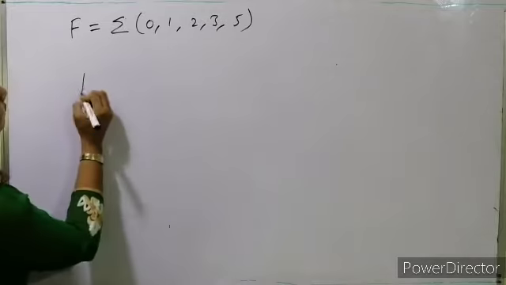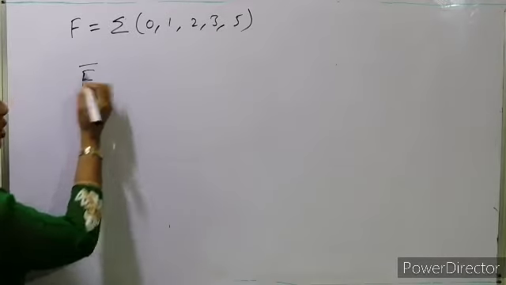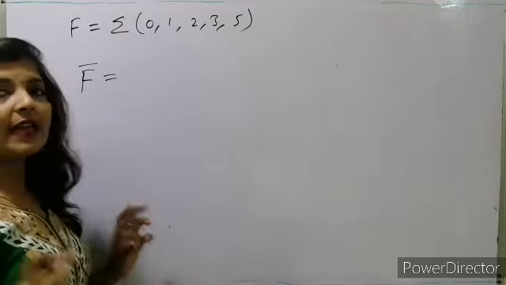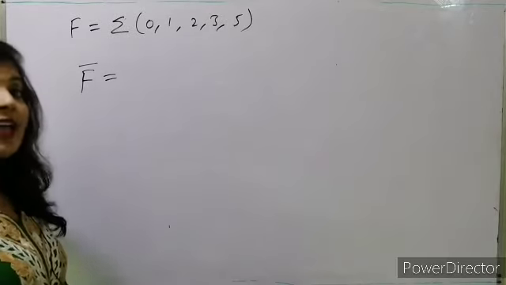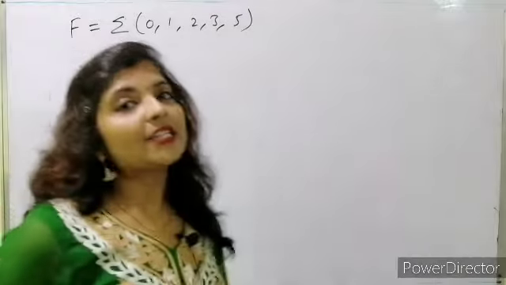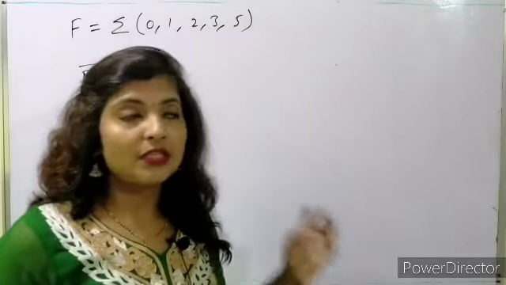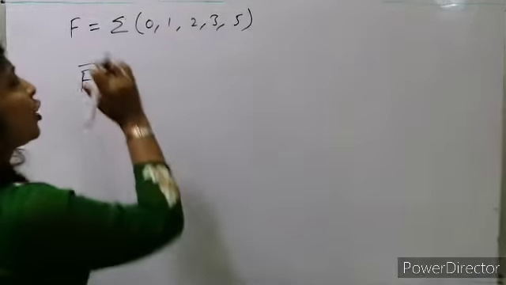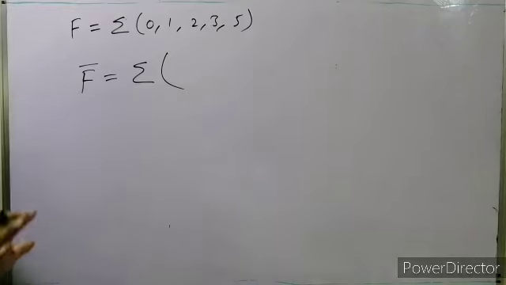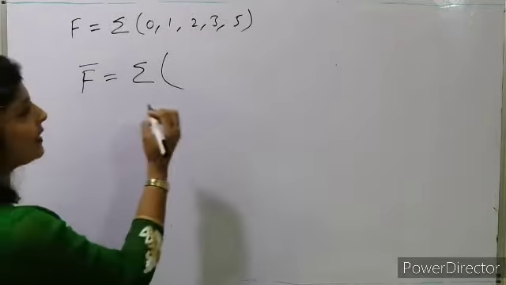So can we find out the f dash, complement of f? So what was 0? जो भी 0 था, that term now we'll take. Okay, f was 1 in the truth table that we have taken for f. So f dash के लिए क्या होगा, whatever was 0 ना वो लेंगे, मतलब whatever is not there in f, that will be f dash. So again we are finding out the min term, canonical form min term, okay, for f dash.